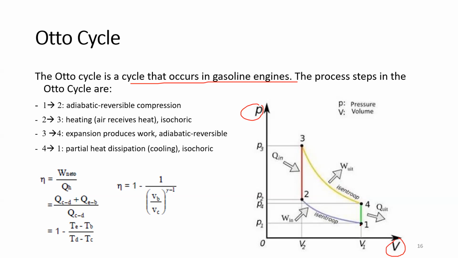So for the first step, the process 1 to 2, during this phase the piston is drawn up so it can compress the fuel-air mixture that enters the chamber. The compression causes the mixture to increase in pressure, isentropically, so with similar entropy. When the cycle reaches point number 2, the fuel is ignited by the spark plug. Okay.